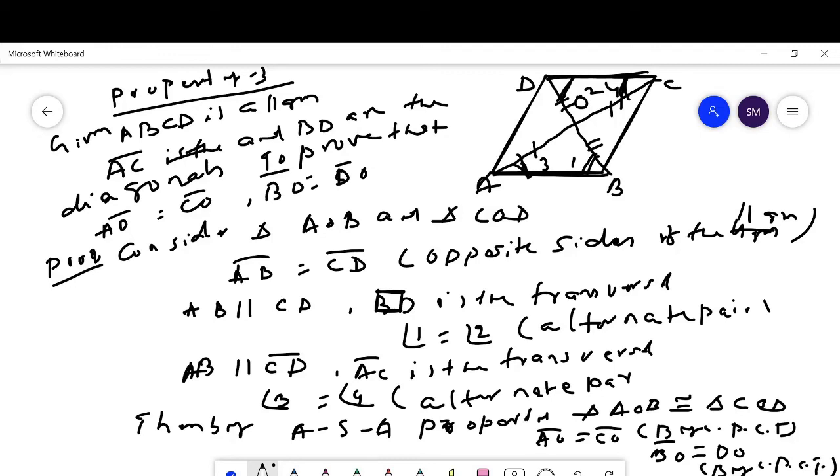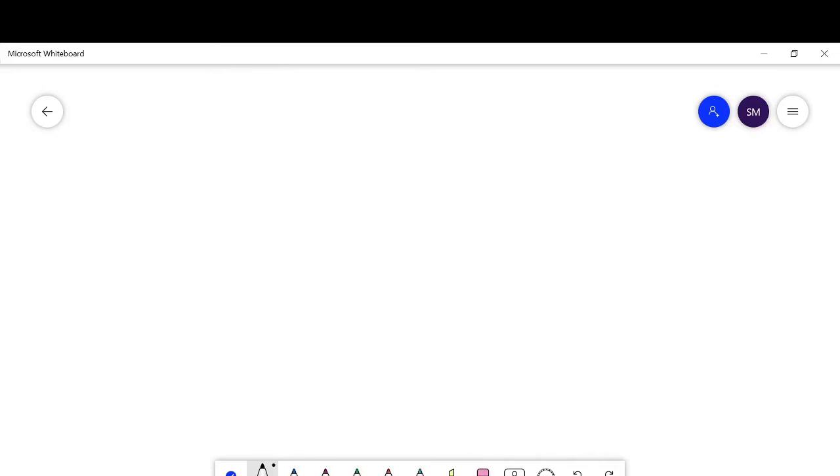Okay. Then here we prove that the diagonals bisect each other. Then students, now the diagonal properties of a rectangle. All quadrilaterals here are parallelograms. A quadrilateral is called a parallelogram if its opposite sides are of equal measure and opposite angles are of equal measure, and in a parallelogram the diagonals bisect each other. A quadrilateral can be said to be a parallelogram if these conditions are satisfied: opposite sides have the same measure, opposite angles have the same measure, and the diagonals bisect each other.